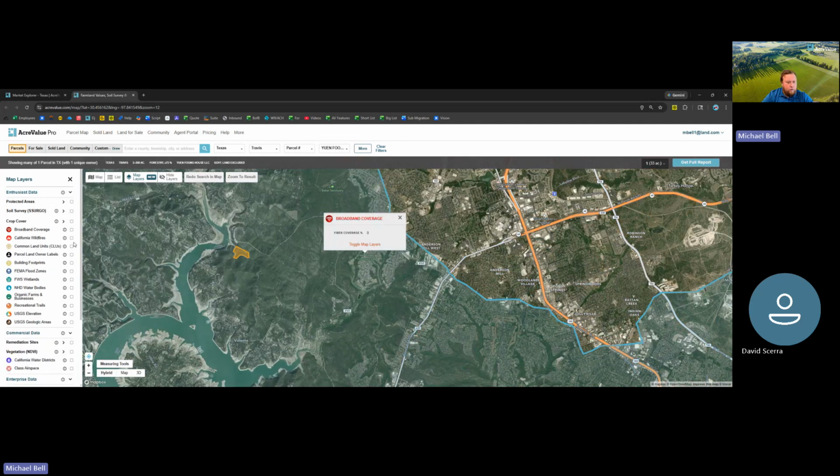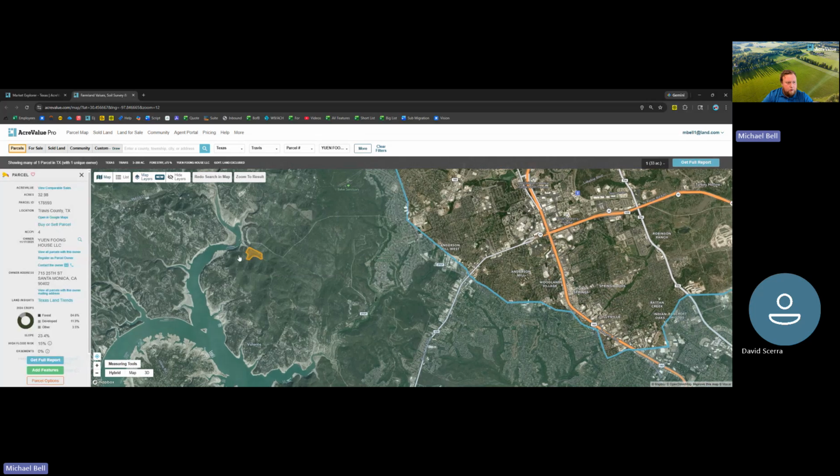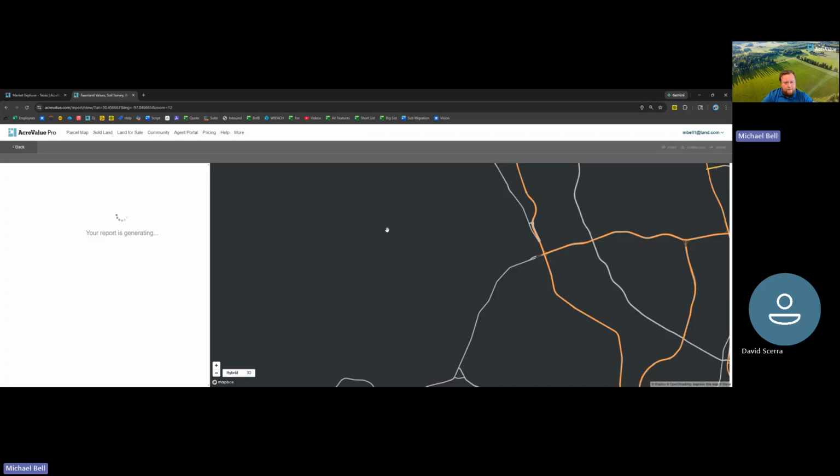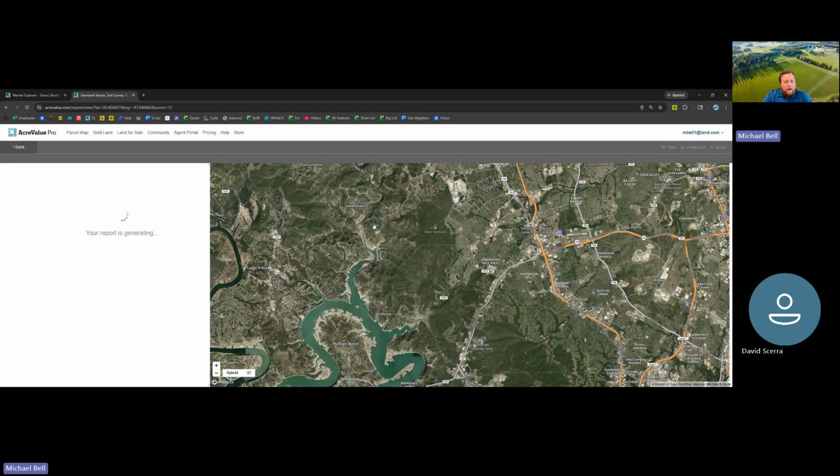And then finally, we're going to go ahead and run a report on this parcel. So let's go ahead and get that full report, give us an idea, a little more of that environmental due diligence, as well as a little bit more that I can drill into. So this will take just a few seconds to run, but the first thing that's going to be shown on here is the overall summary for this parcel.